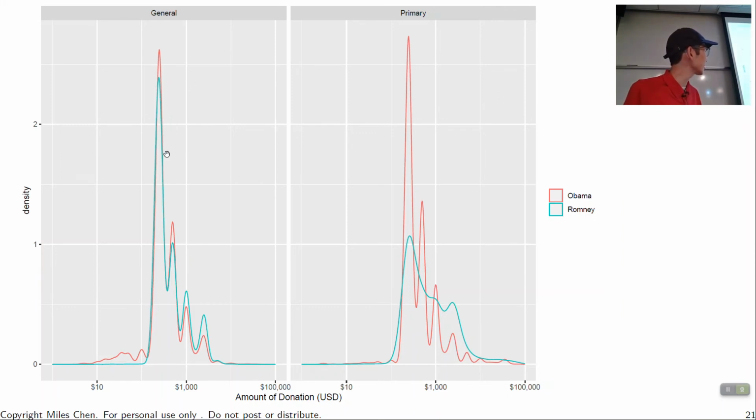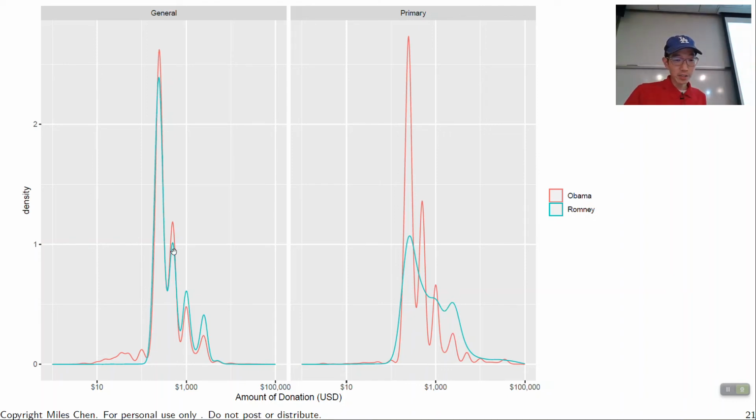Okay, and during the general election, this is like once the final candidates have been selected, right? So there's the primary phase where there's a whole bunch of different candidates, at least on the Republican side, because Obama was running for re-election, it's not like Obama had challengers at the time. And so donations did come in for Obama, but these were people who were supporting Romney during the primary phase, and there were a lot of people who really wanted Romney over other Republican candidates, and that seems to follow this trend of them donating the $2,000 or whatever.